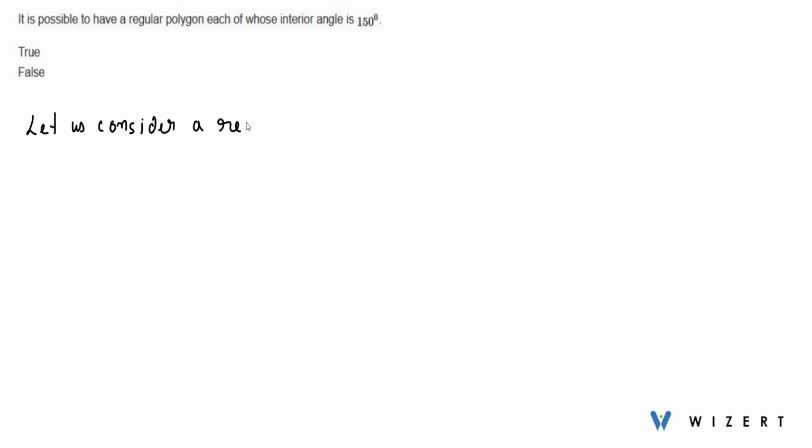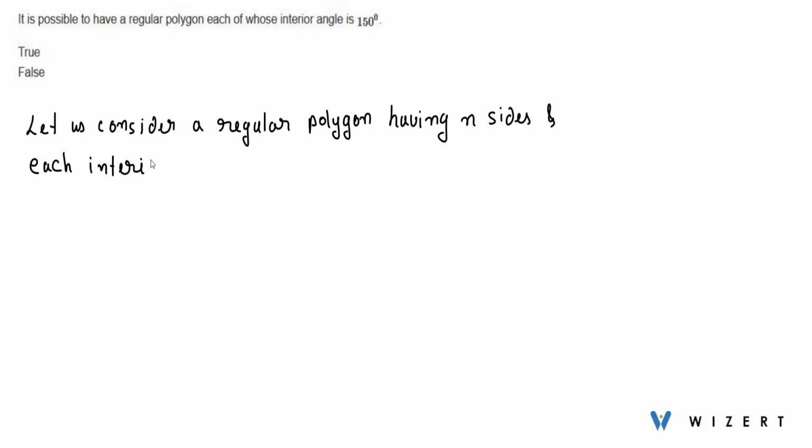So let us consider a regular polygon having n sides, and each interior angle equals 150 degrees. Now for example, suppose there are 4 sides and each interior angle measures x, then the total